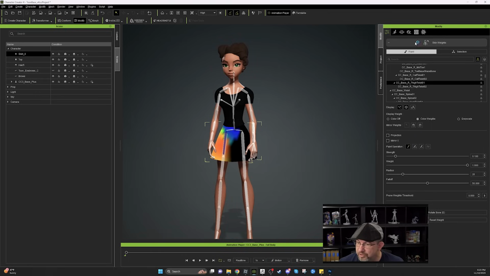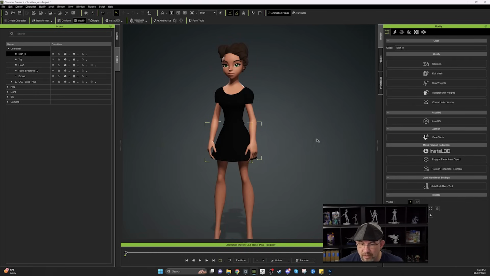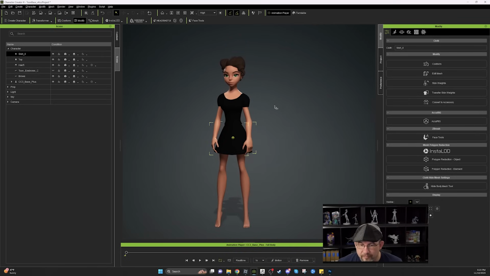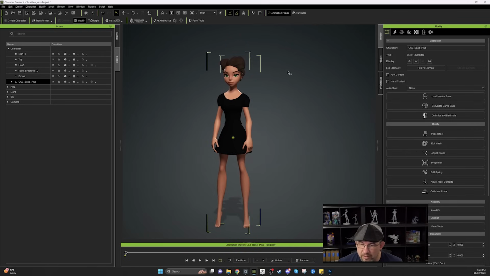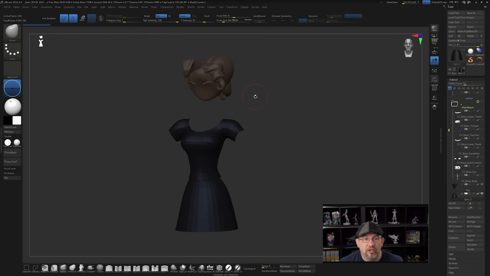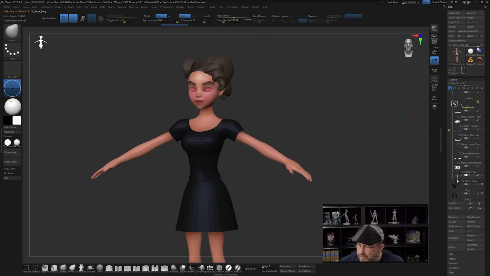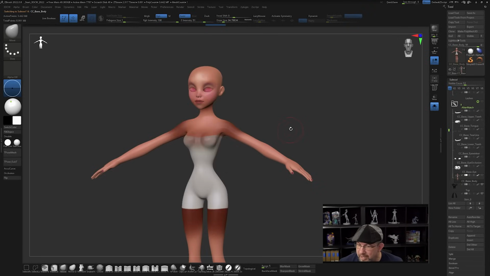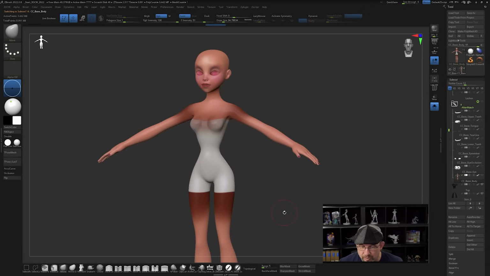Okay, so when you're done, you just click on the skin weights. And then to apply materials, you just select the character, the main character, or whichever part that you want to add textures to. And in order to get the textures out of ZBrush, it's really easy. You go over to ZBrush and you select the object that you want to export the materials off of. So I'm going to go to the highest resolution of this body right here, and I want to export these